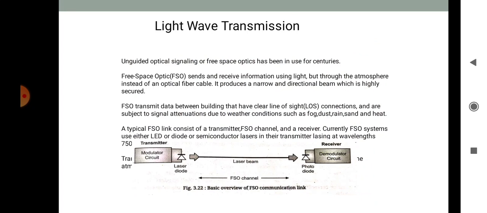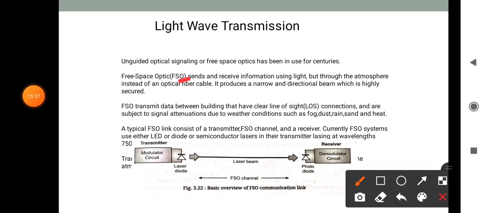Like a free space optical communications link, it is also compared to an optical fiber link. Here free space optics, that means FSO, sends and receives information using light through the atmosphere instead of an optical fiber cable. It produces a narrow and directional beam which is highly secure,